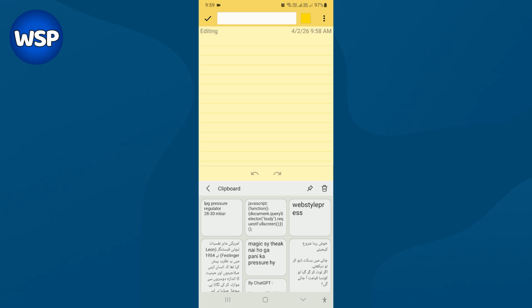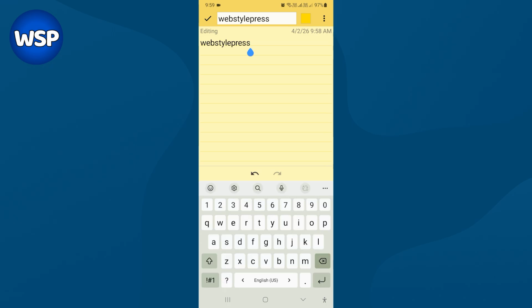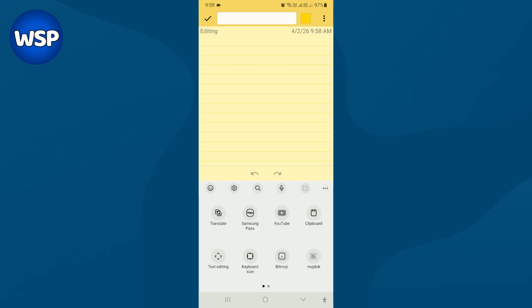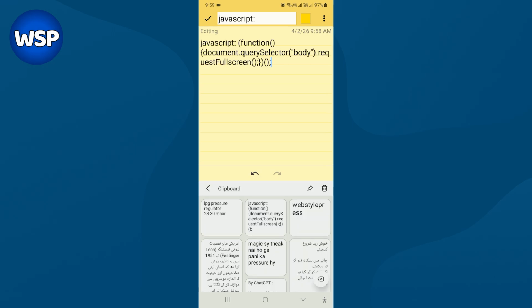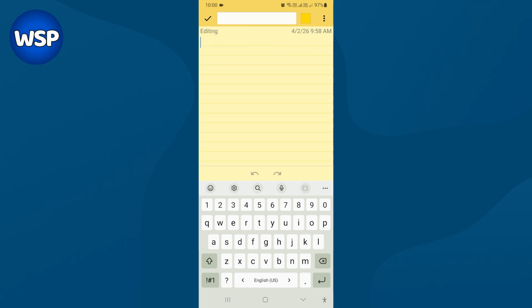From here you can use saved text. To use any snippet or text, press it and it will appear here. Just like so. To save any text in the clipboard, type the text,